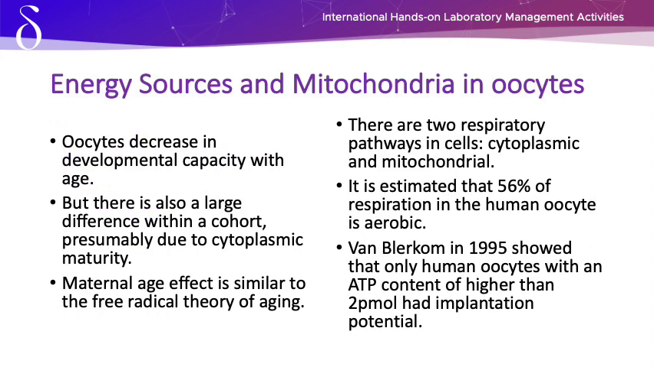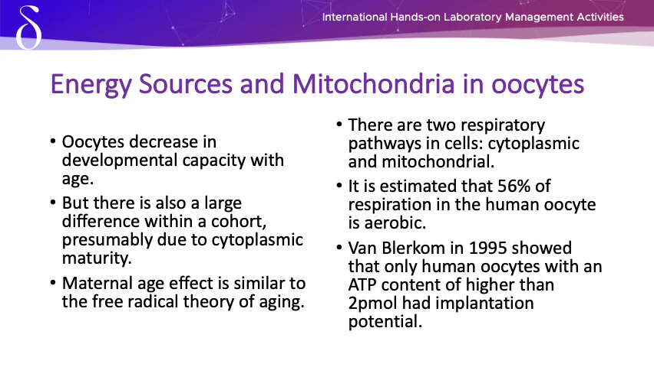So again, let's look again at what we're thinking about in the laboratory. We all know that human oocytes decrease in developmental capacity with age. But even in a young lady, there's a large difference within a cohort. This is presumably due to cytoplasmic maturity. So we see all the oocytes are in M2, but that really doesn't mean anything. They are very different in their capacity to go forwards and in their content, the quantity of various products within